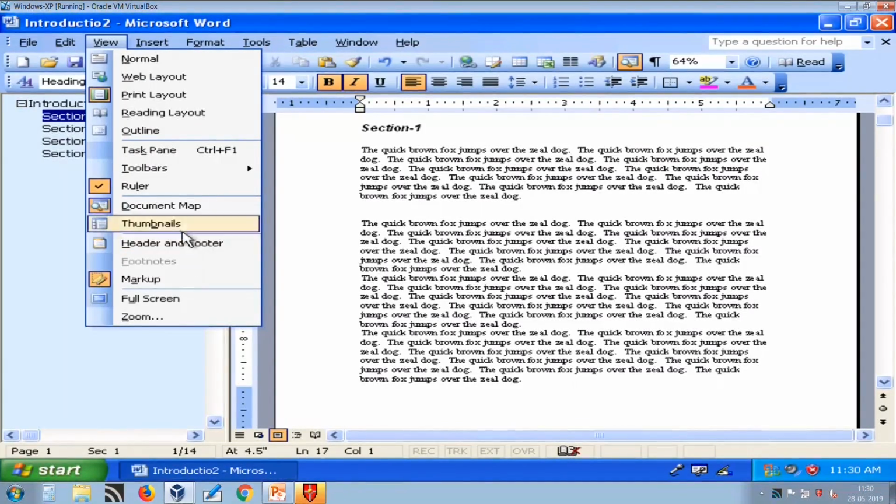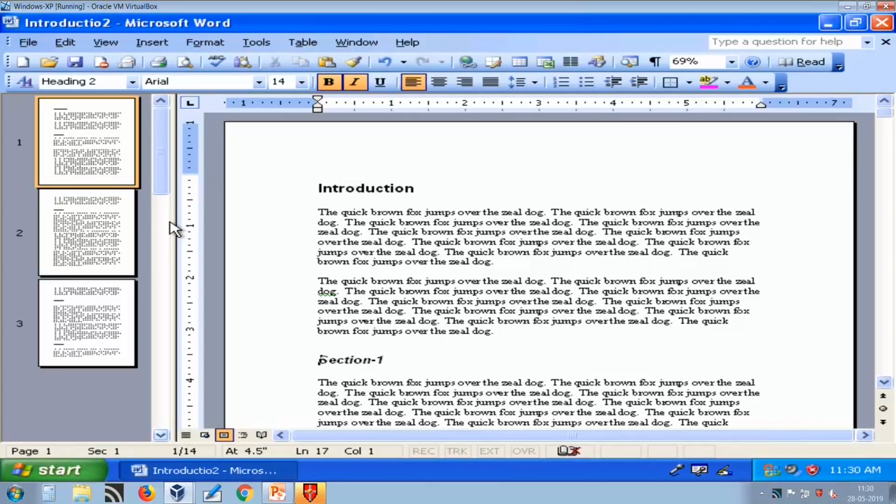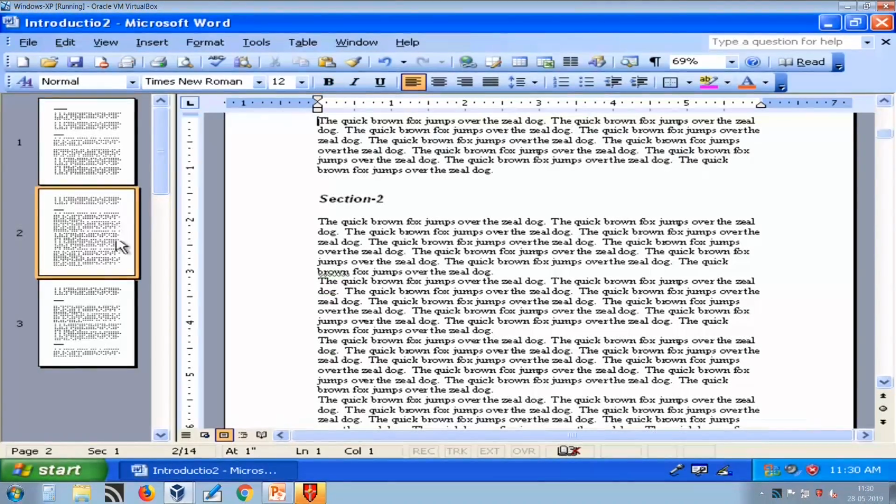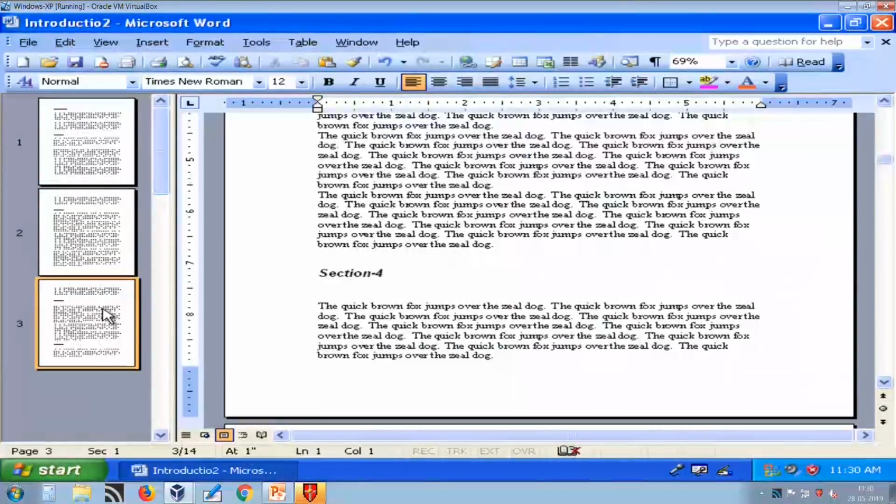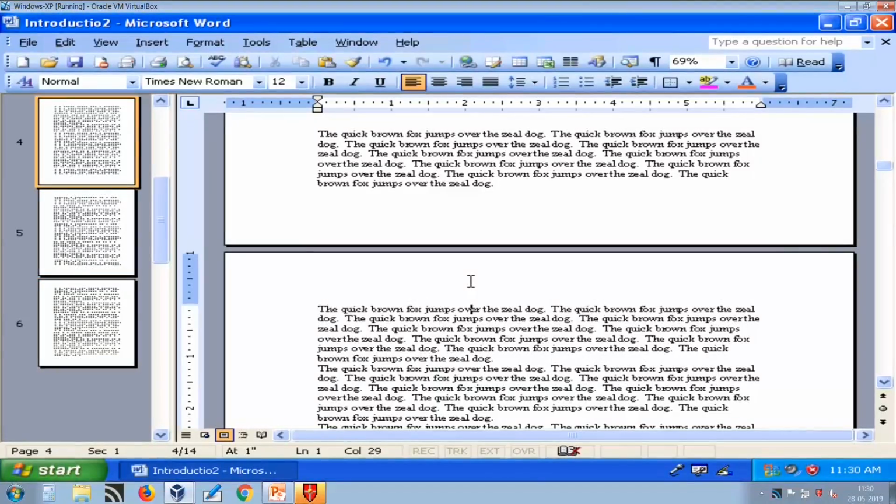The next part is thumbnail. So, a thumbnail is a small version of an actual image. The definition of thumbnail is a smaller version of the actual version. So, here the meaning of thumbnail is it shows smaller pages available in your document and you can move between these pages.